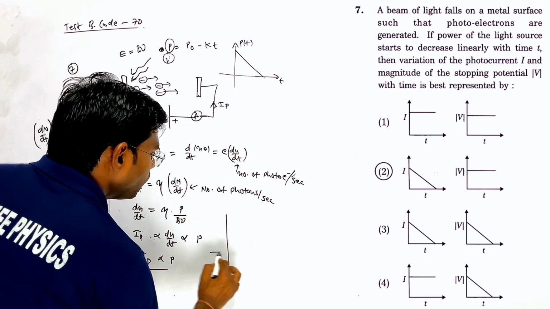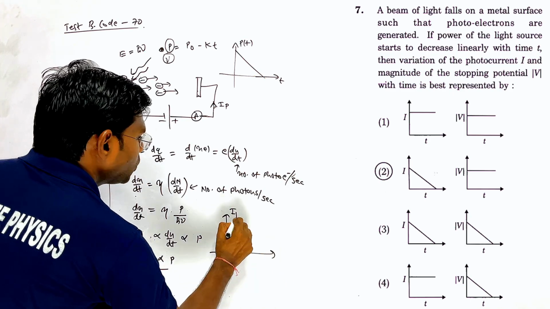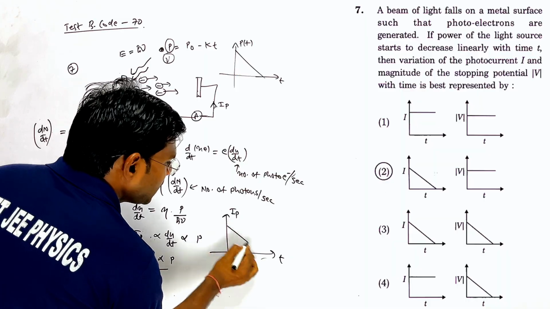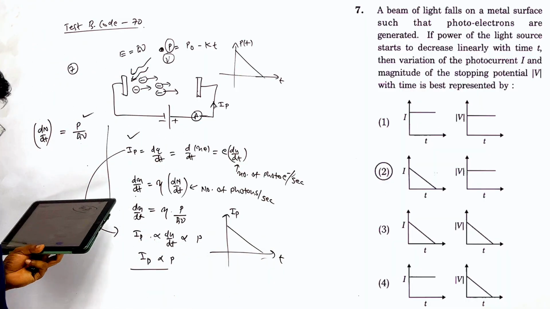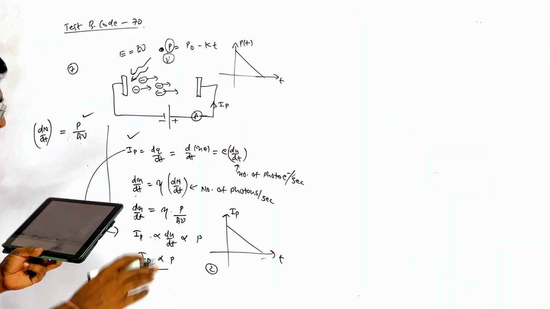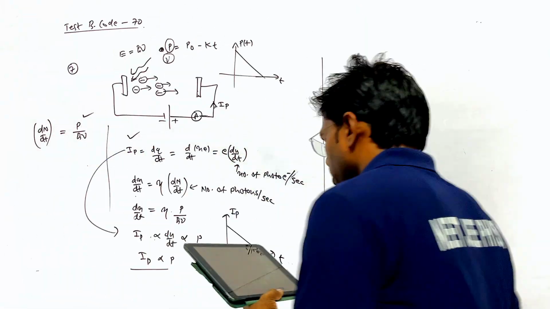Therefore, if you make the graph between the photoelectric current and time, you will get the same type of graph, right? So among the second or third option, the second will be the correct answer, because now in the other option